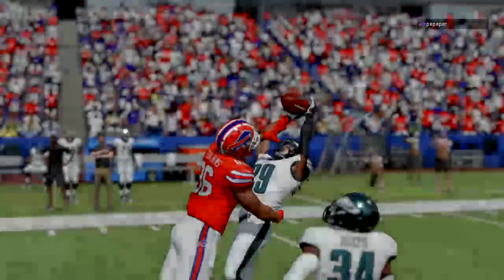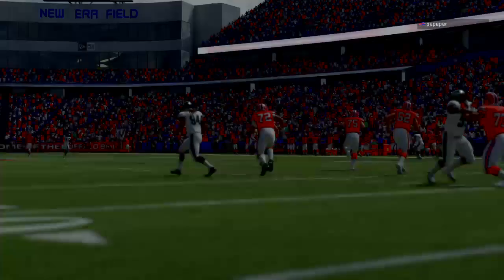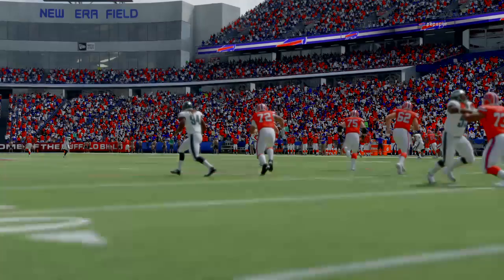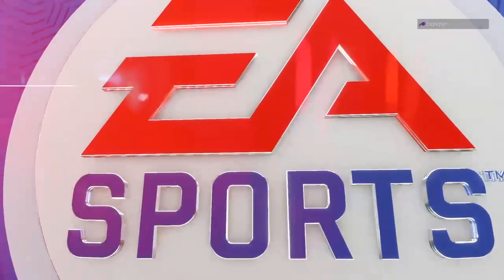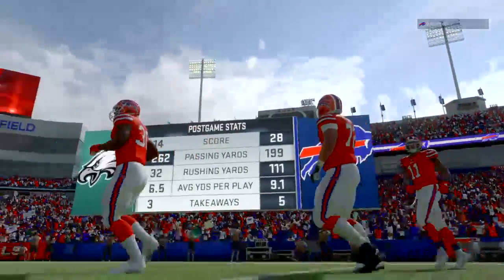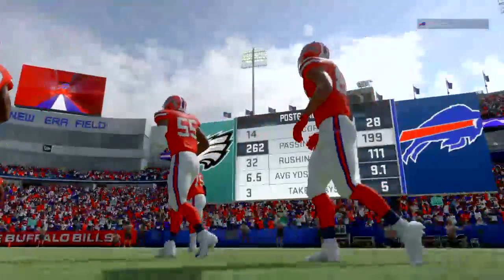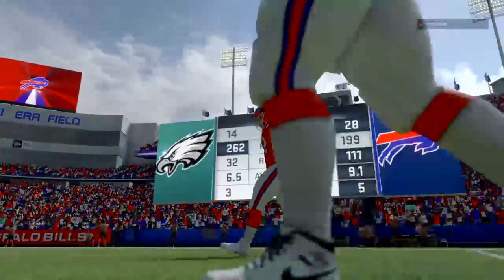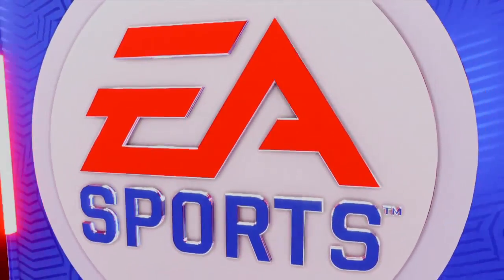I think what we saw in this one, today's defense. And what I mean by that is in the old days, pitching shutouts was big time. That was paramount. But the big thing was holding people down, holding down their yardage, right? Don't let them throw the ball through the air and gain a lot of... But now, it's about taking the ball away. Taking away possessions, getting the ball back for their offense. They had 3 takeaways in this one, and it led them to victory. So for the Bills, they remain one of the